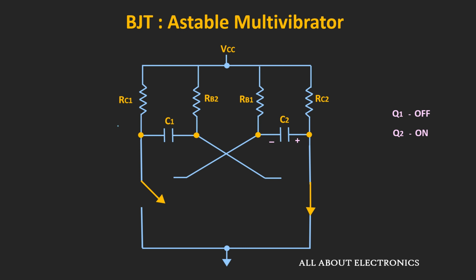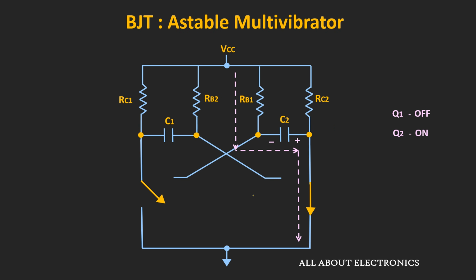That means now over here the collector voltage will be equal to VCC, while at the other end it will be approximately equal to 0 volt. That means now at this end the output has gone from the low value to the high value, while at the Q bar output the output has gone from the high value to the low value. So now let us see once again how the transition will occur at the output. That means how the output will go from the high value to the low value.